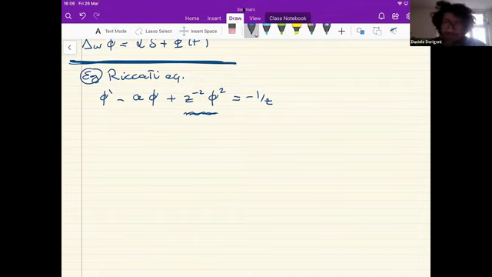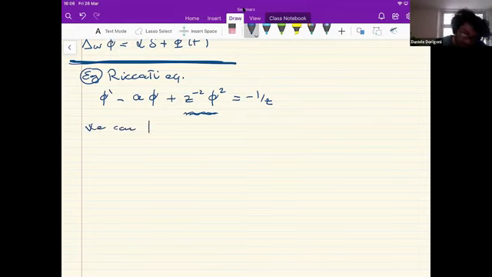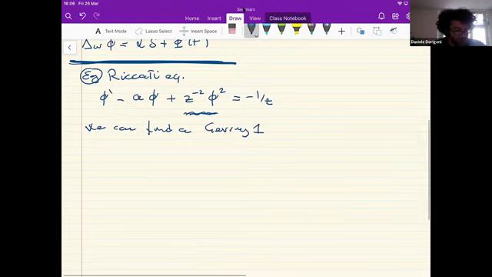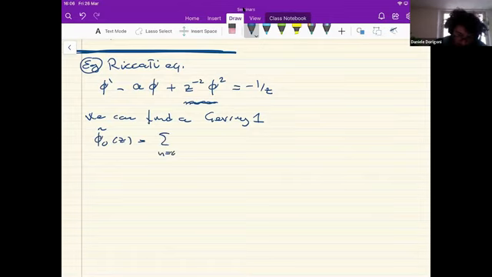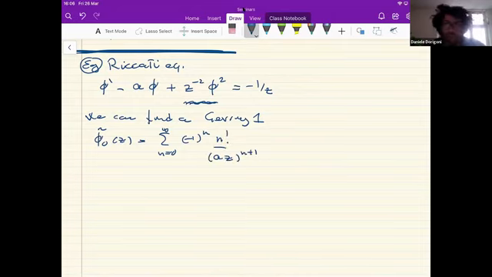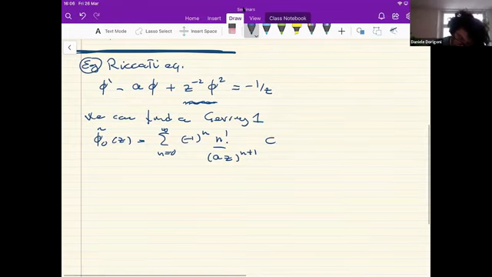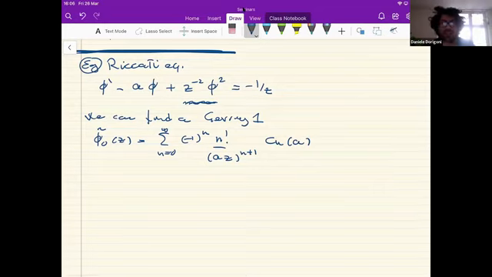Good. So we can still find a perturbative solution of the following form. We have some factorial growth alternating in sign. From this term, given what we have seen last time, we would say, oh, that's great, there's just going to be a pole at minus a. However, because of the nonlinear term, the coefficients get polluted a little bit. They get polluted by some new coefficient Cn, which depends explicitly on a.